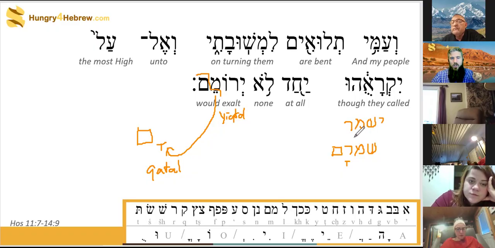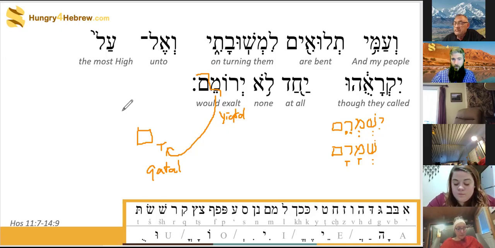Well, I guess it would be yishmerem. Yeah, yishmerem. And here it would just drop down to a shva. Okay, so that's the difference between yiktol and katal. And this would drop to shva also. Shmaram. Yes, there we go. Shmaram versus yishmerem. Okay, so if this is a viable option for a katal suffix,